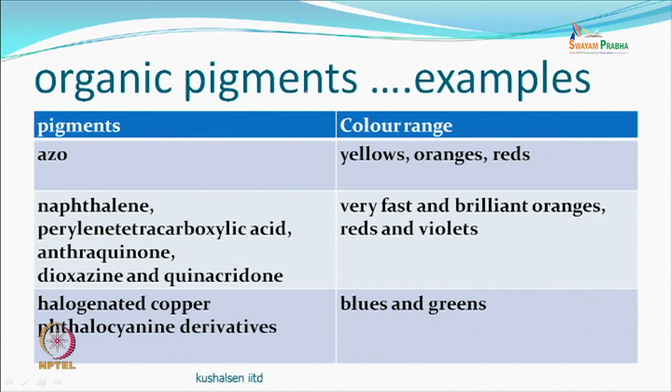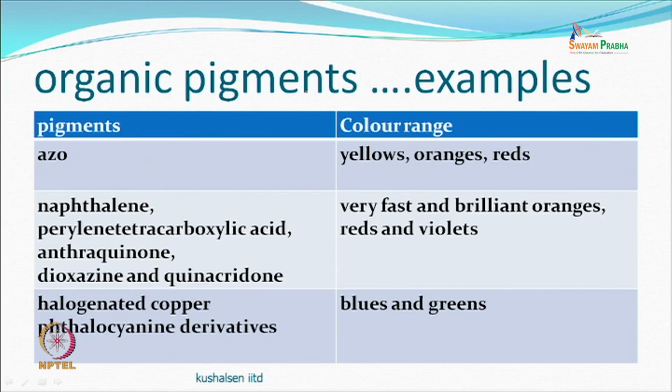anthraquinone-based, and there are two other interesting series, which is perylene-based pigments and the quinacridone-based pigments. They are very fast and very brilliant. They give oranges, reds and violets, so the range is pretty good. Then there are